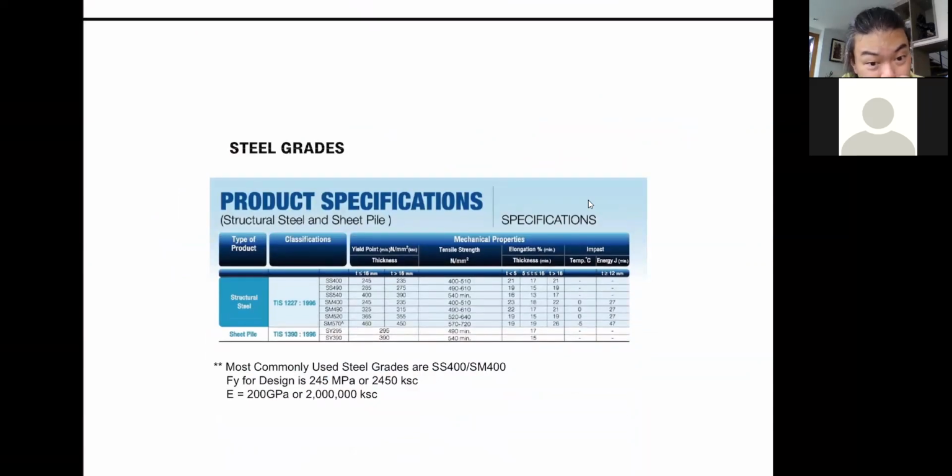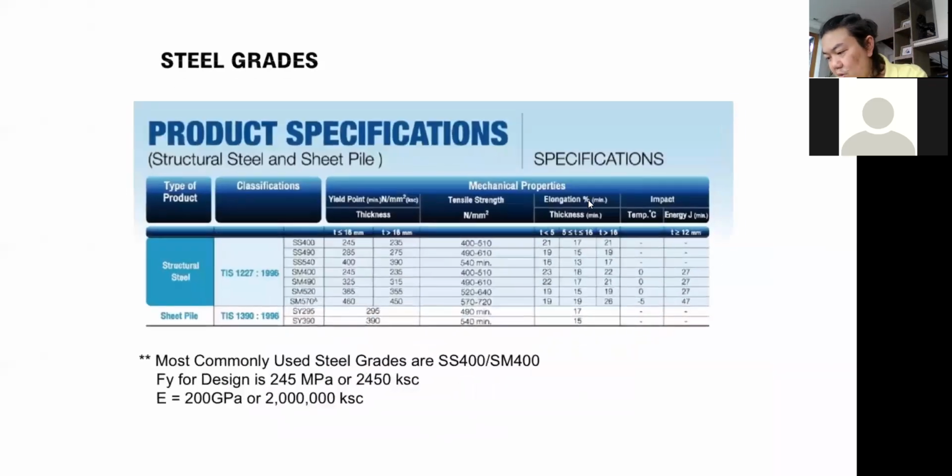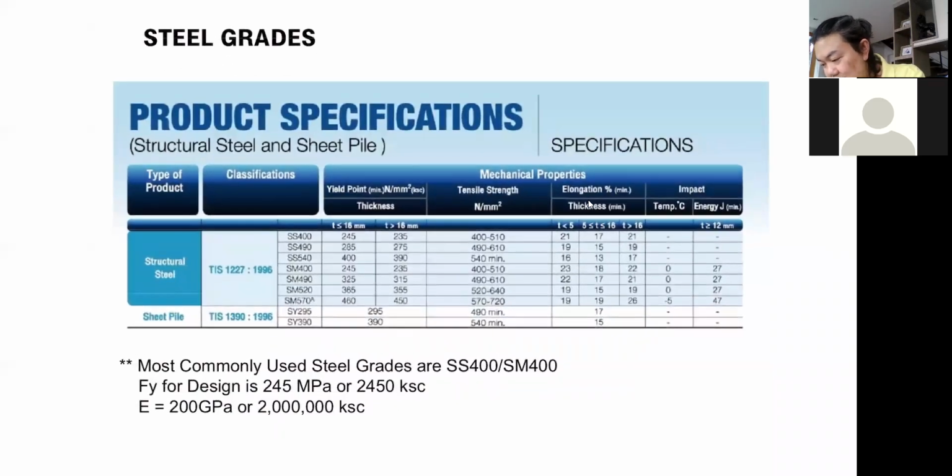So okay, this may not give you the proper idea because it's kind of small. Try to expand that. Okay, in the Thai market now we have SM400, but the thing is that somehow they got things mixed up, and even though SS400